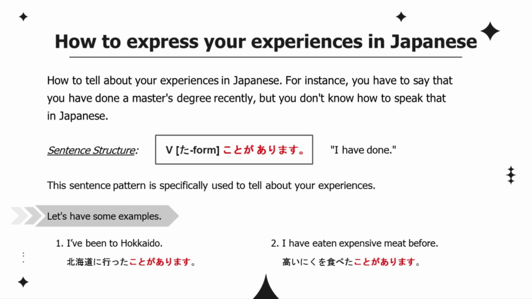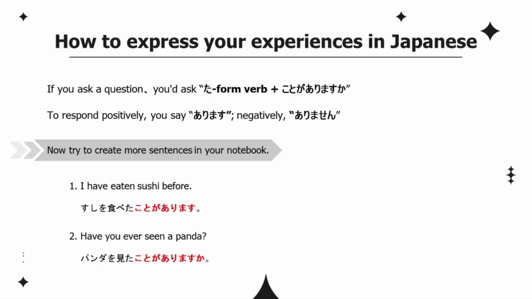To respond positively, you say arimasu. Negatively, arimasen. Now try to create more sentences in your notebook. I have eaten sushi before. 寿司を食べたことがあります。